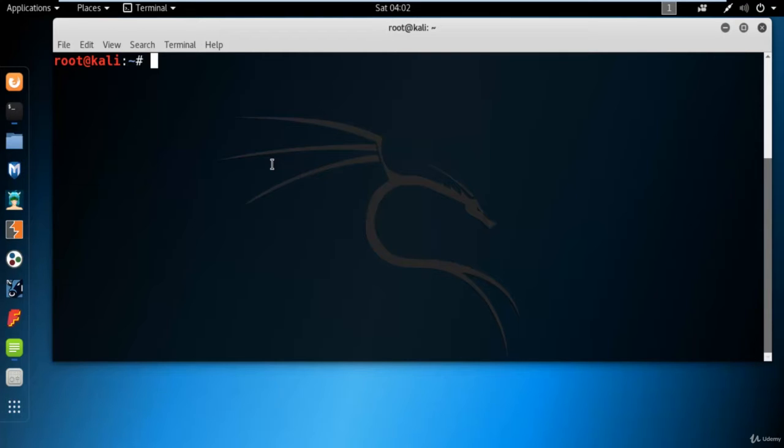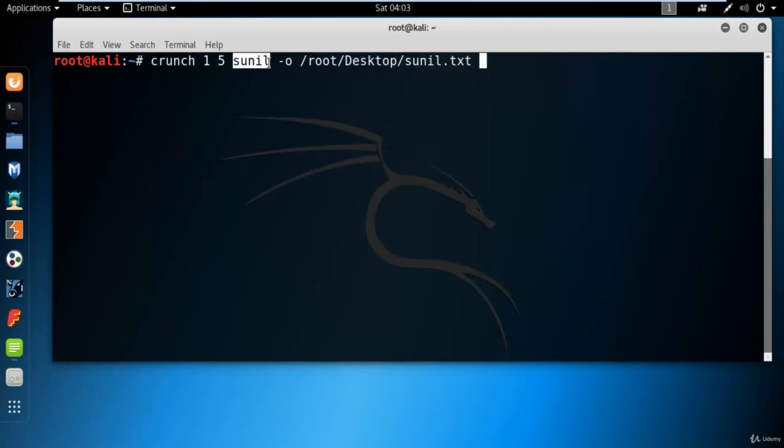You simply type crunch, then the minimum characters, for example 1, the maximum characters, 5, the pattern means the string, and where you want to save the file: -o /root/desktop/sunil.txt.